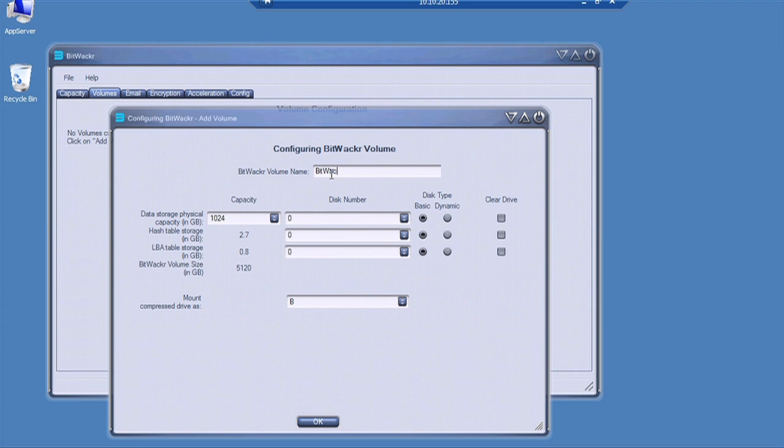When creating a BitWackr volume, it is important to assign a drive letter that delivers fast, random I/O performance to the hash table, like an SSD. BitWackr's logical block address table, as well as the main data store, which is where your data will reside, should both be RAID protected. This configuration provides a good balance of performance and capacity while still providing a high level